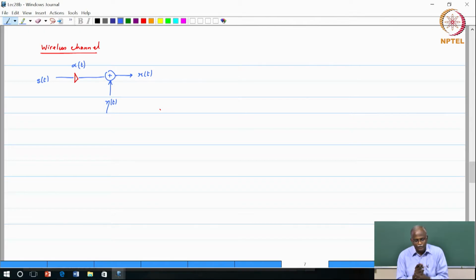And again when you study wireless communications, you will see that there are several ways to characterize this, but the best way is to say that it has some sort of statistical behavior. And in practice I am sure you have experienced it. If you hold your cell phone in one position and you do not get a good signal, what do you do? You move around, you get a good signal. What is happening? That alpha is getting perturbed, and therefore something that was not so good became good, and this is not a constant, it depends on your spatial position and your movement patterns. So it has to be characterized by a statistical quantity. Okay. So this is what we would refer to as a fading channel,